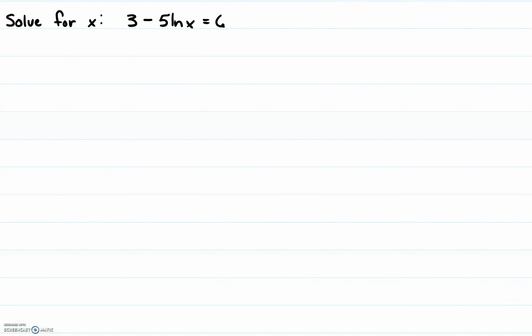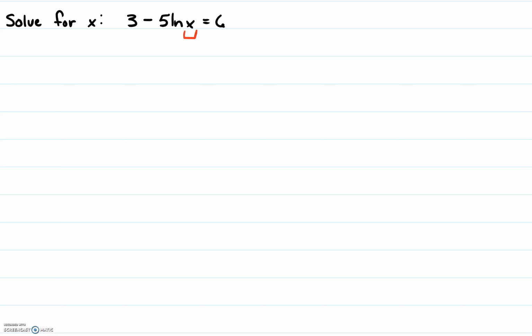In this video, we're looking at the equation 3 minus 5 times the natural log of x is equal to 6, and our instructions are to solve for x. Now, if you notice, the x right now is stuck inside of a log, and so what you may be thinking, in this case it's the natural log, but what you may be thinking is our strategy is going to